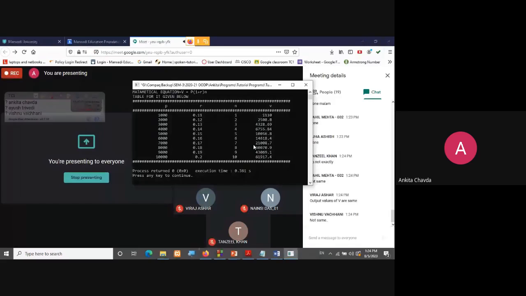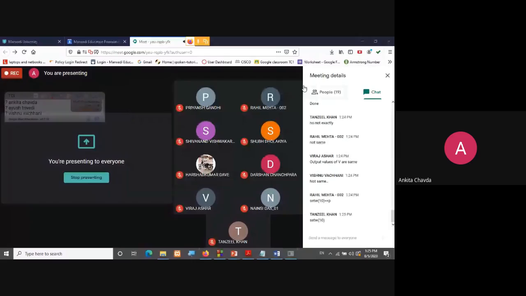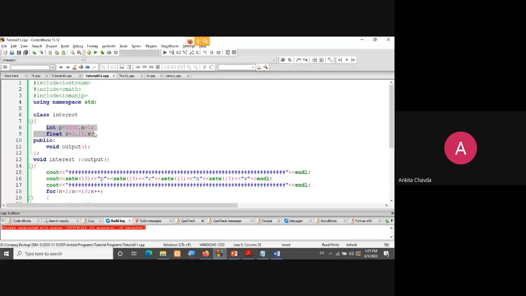Otherwise, there would be no meaning of this manipulator if you are not paying attention to the format of the output, right? Set W of 10 or 15 will be fine. Fine then. I'll write it down if somebody is having any problems with format or something like that. I have used the class here, fine. But if you want me to write this program without class, then I'll write it. No worries. Just need to change it somehow.